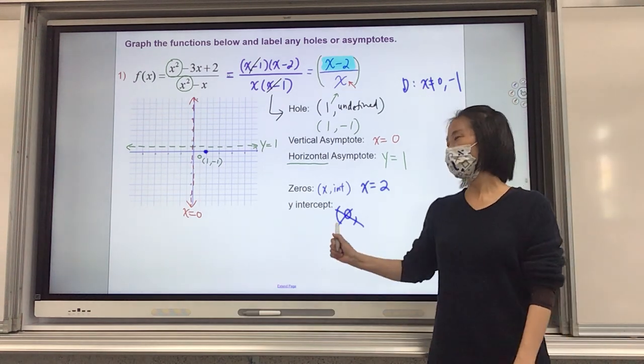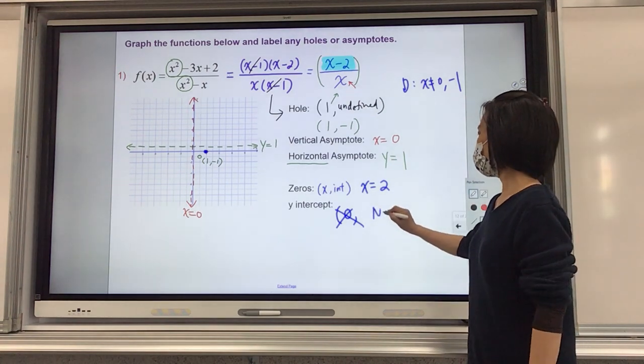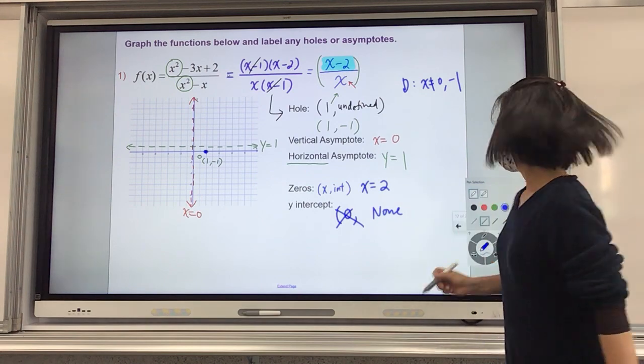There's no y-intercept. Yeah, it'll be nowhere. No y-intercept, yes, none. Okay, now,